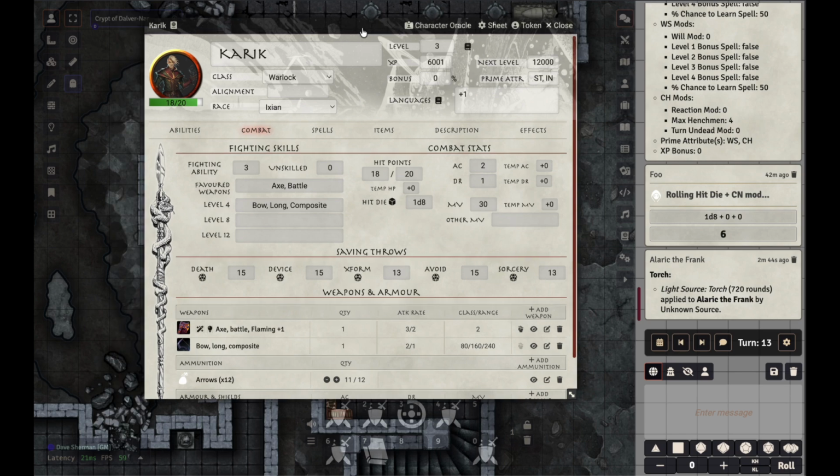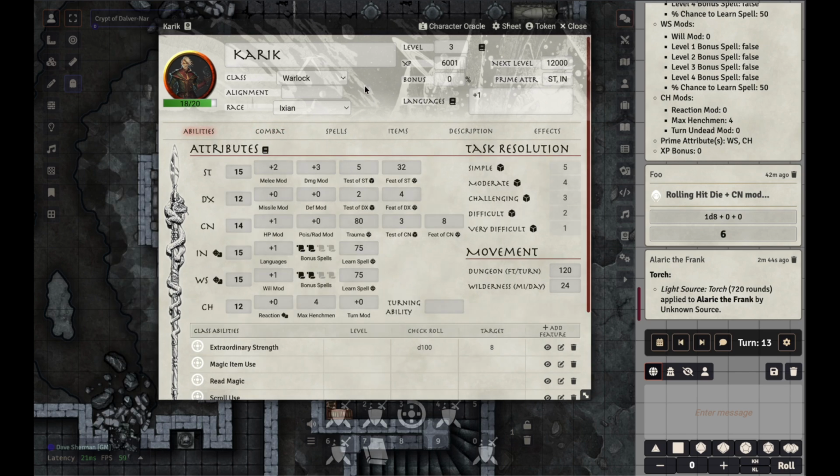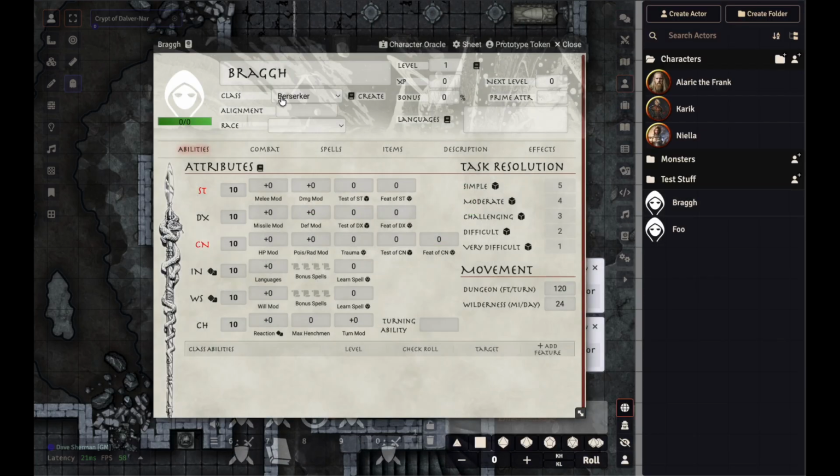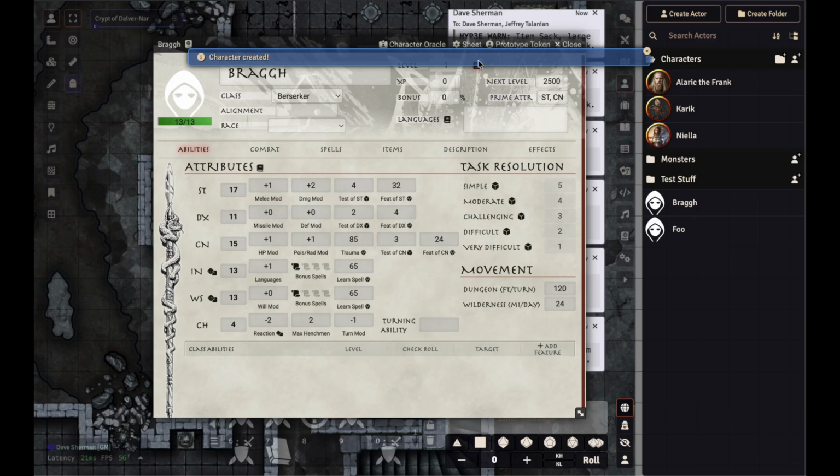So I'll say this: when you do the quick create, which is not currently visible because this character has already been created, but let's see, did we have Brog here set up? Yeah, he has not been quick created yet. When you do the quick create, and there we go, it's all populating like crazy there,